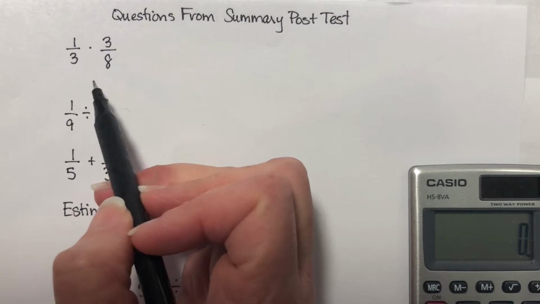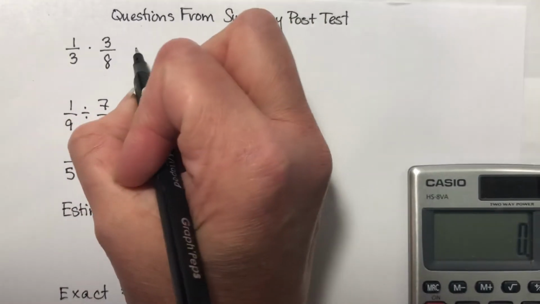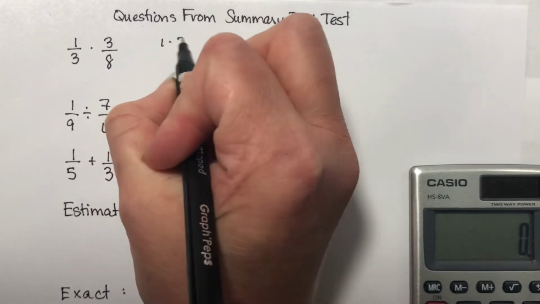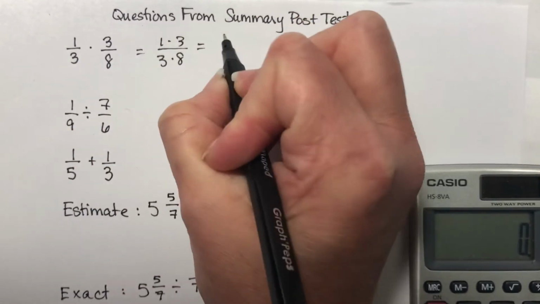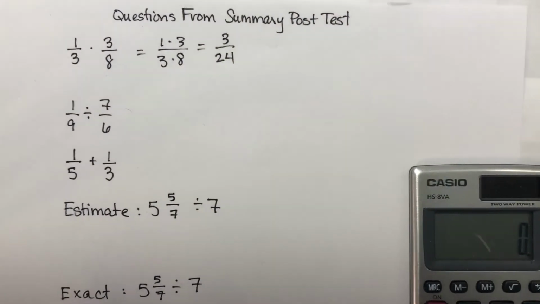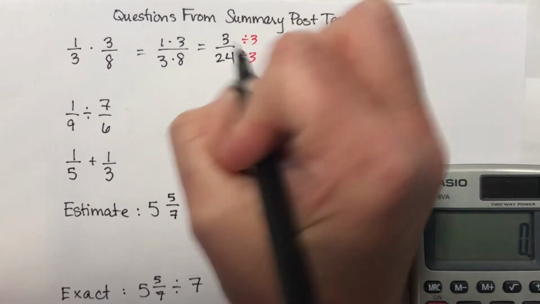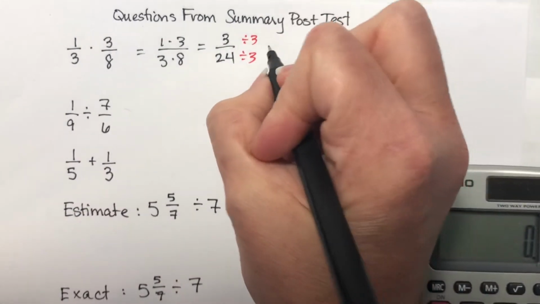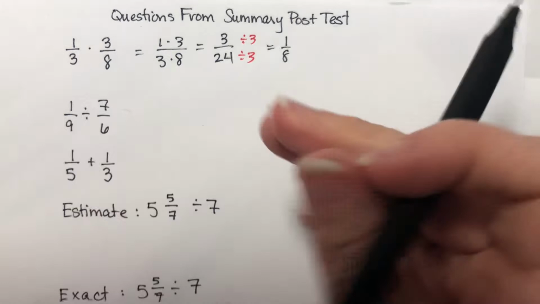There are two ways to work a multiplication problem. The first method is you multiply straight across, 1 times 3 over 3 times 8, which will give you 3 over 24. And then you should recognize that you can reduce those, divide both by 3, and you end up with 1/8. The alternate way of working it